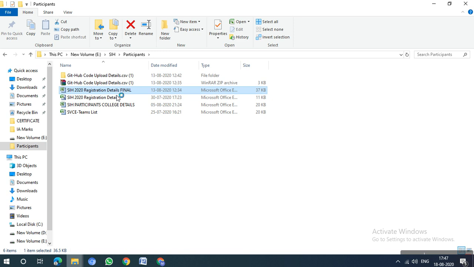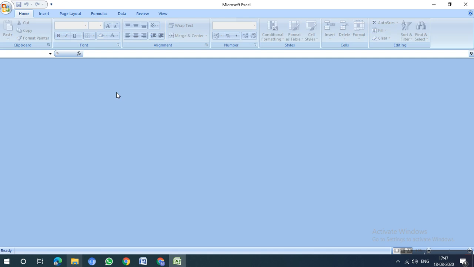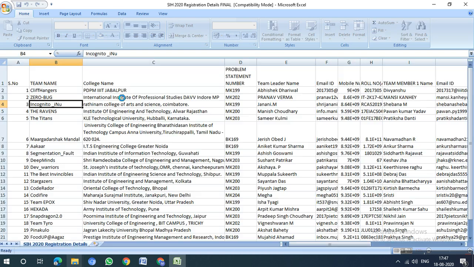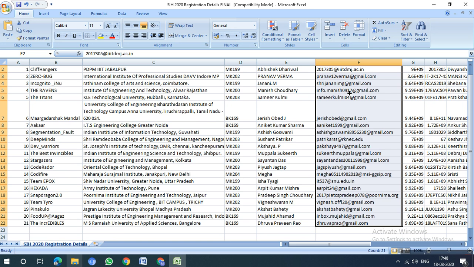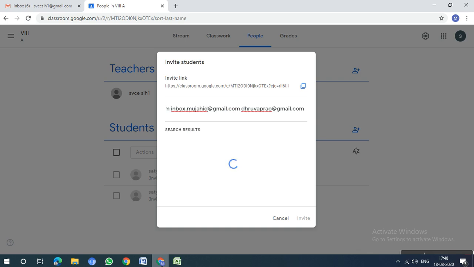I'm just taking some sample email IDs of these students, where I have a set of email IDs. You can see here, I'm copying from the Excel sheet continuously, using the arrow symbol and shift. I'll copy these email IDs using Control C. Then I'm going back to my Google Classroom and pasting here. Now you can see all the mail IDs have come here. Just click on home. Now everything has come. Only one thing we need to do is put a comma.